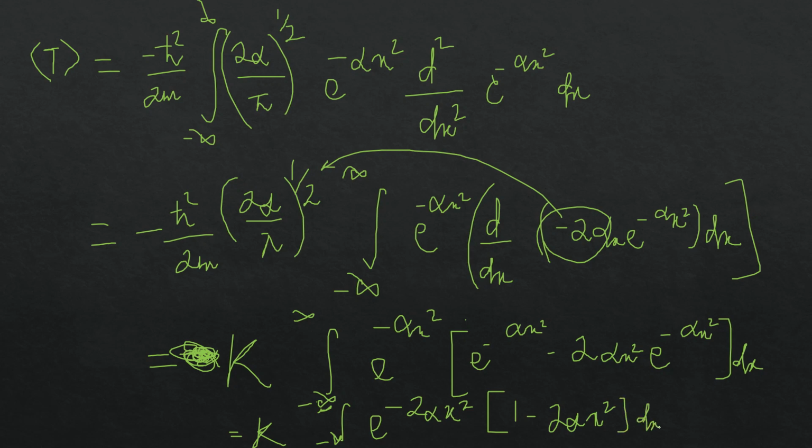All right, now next is equal to k, integration of minus infinity to infinity. If you check, you will see e to the power minus 2 alpha x square dx,